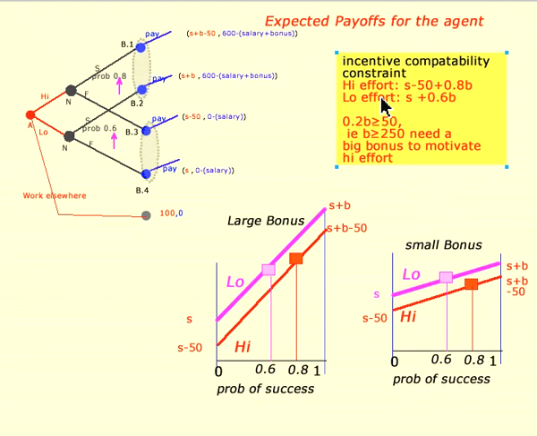We can rewrite the constraints, and we find that the bonus has to be greater than or equal to 250. So we need a big enough bonus to actually satisfy this incentive compatibility constraint. Okay, just to be clear,